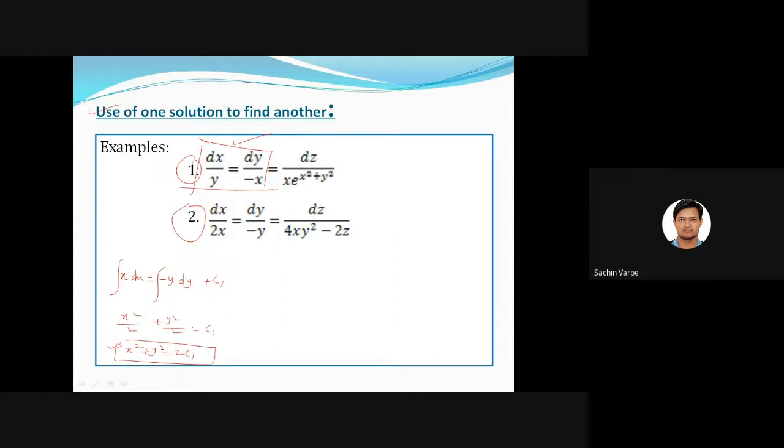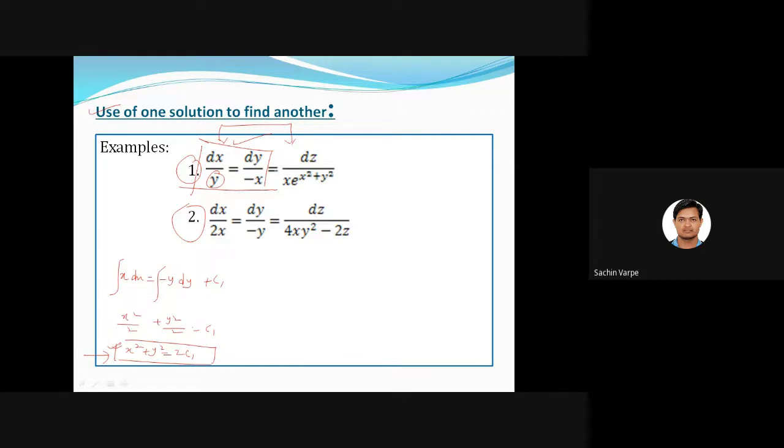Now to find the second solution, which is linearly independent of this first one, we need to consider again two different groups. So can I equate the first and the last, first and third, so that the third variable is eliminated? In case of first and last, what is the third variable? Y. Y will be the third variable in case of the first and last group. And is it possible to eliminate this y? No, it is not possible directly.